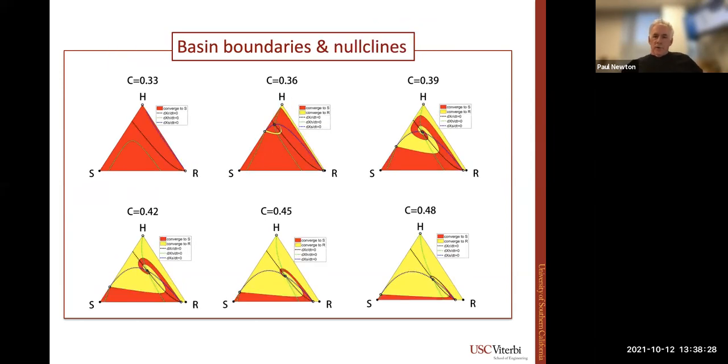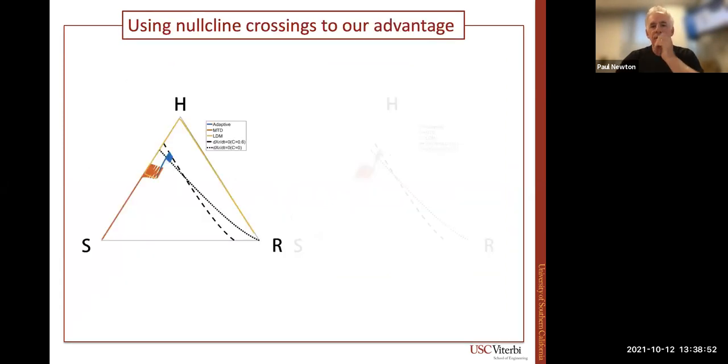All right, well, you can look at that even more closely. What I'm showing you here is now C going from 0.33 to 0.48. And now I'm also plotting the null lines, which also gives good information about how these trajectories are going to move as you increase C. So these are more detailed on the basins of attraction and how they change. And for example, you can use the null lines to drive trajectories into different corners. So here would be an example of a case where the maximum tolerated dose schedule goes to the sensitive corner,